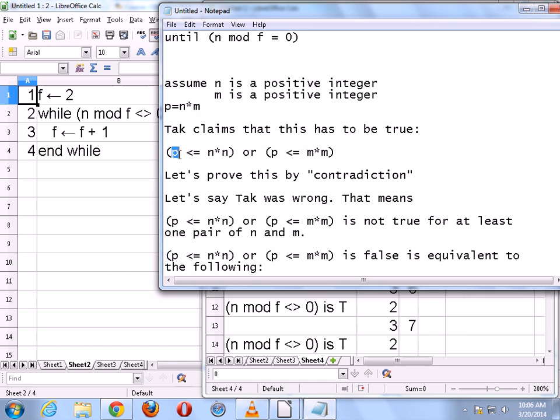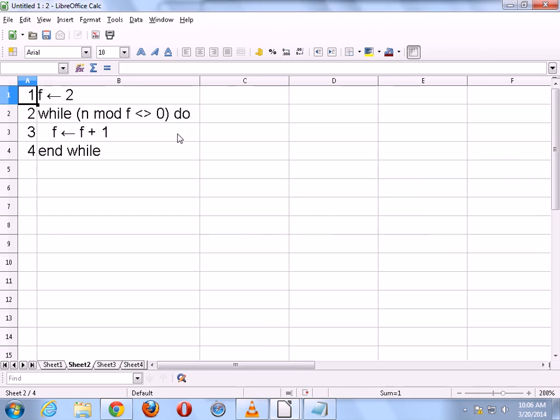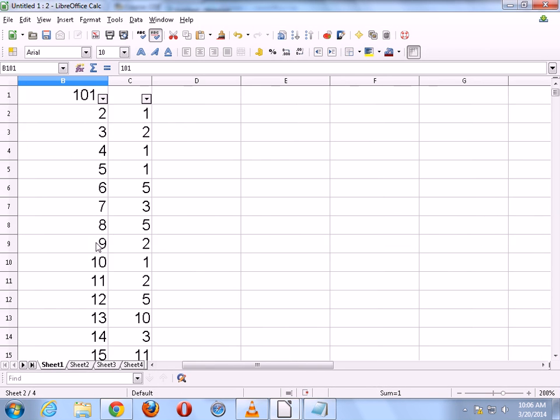Okay, let's use a concrete example. Let's go ahead and do a concrete example. The concrete example is in the spreadsheet already, this one here. We are trying to look at 101 and say, can we find a prime factor of 101? The first thing we tried was 2 being n in this case. We don't know what m is because with a composite number, the other part is just 101 divided by 2. But we're trying to see if n is a factor, and it is not.